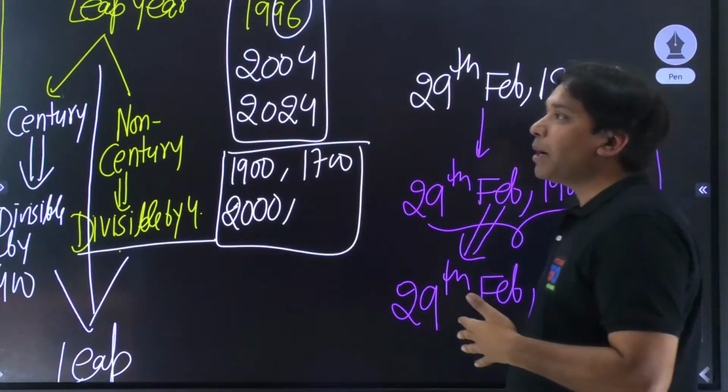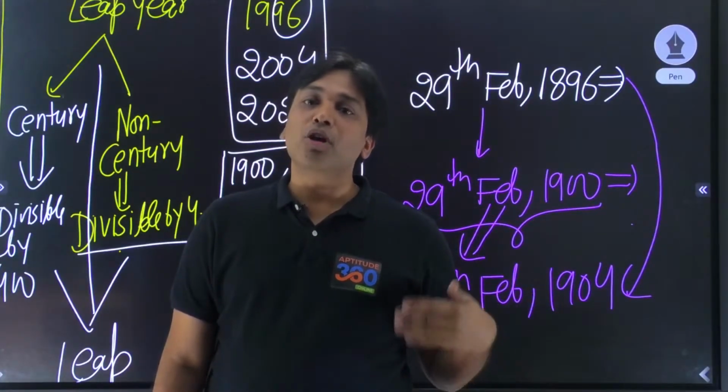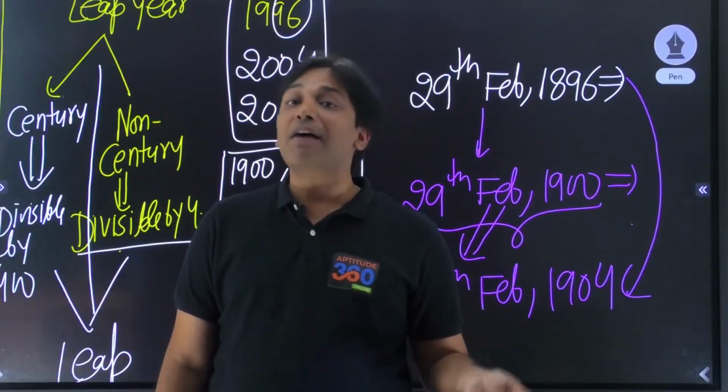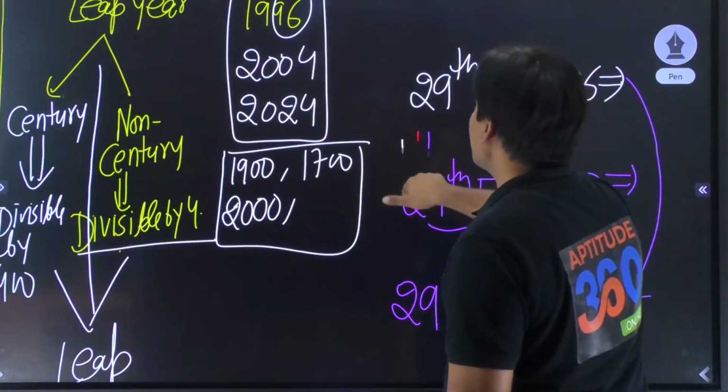So what is that we are talking about? If a year is divisible by 4, it is a leap year, provided it is a non-century. If it is a century, then it will have to be divisible by 400, right? Now, since you understand this thing,